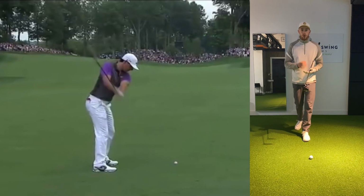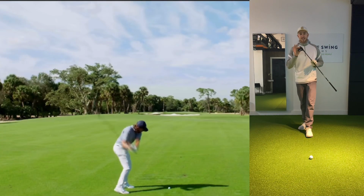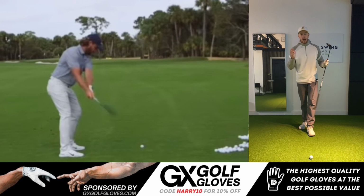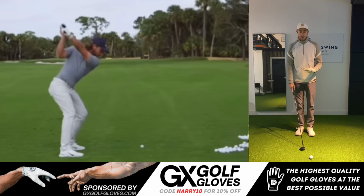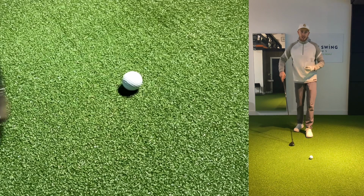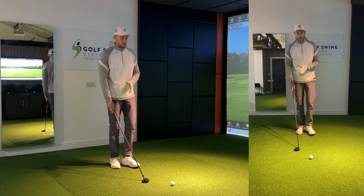All the best players in the world make the golf swing look so smooth and effortless when it comes to hitting 3-woods off the deck. Time and again, I see so many amateurs really struggle to get this ball-then-turf interaction with this club. We either see those top shots, those thin shots,